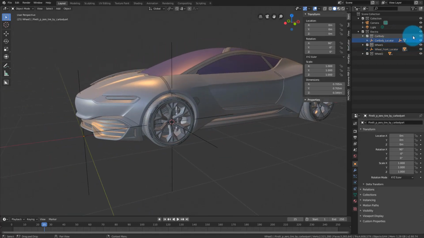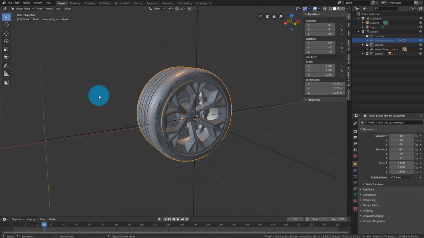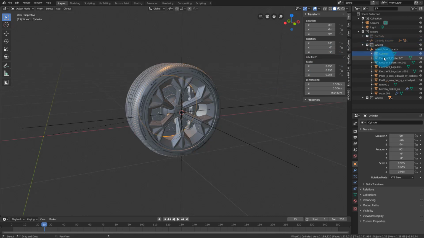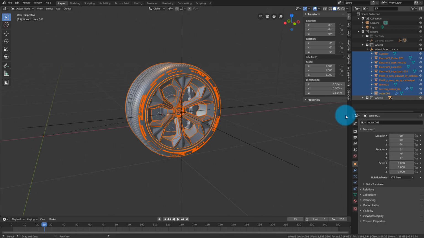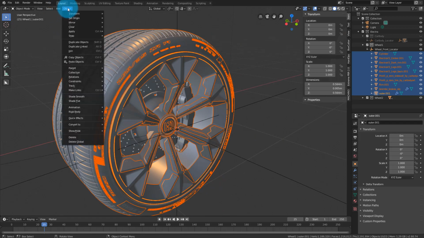One last thing before we move away from the wheel is that its pivot points are not located in the same center as the axis, which is really not that big a deal, but you know there might be reasons why you want the pivot point in the same location. So select all of the ones that you want to change, and you go to Object, Set